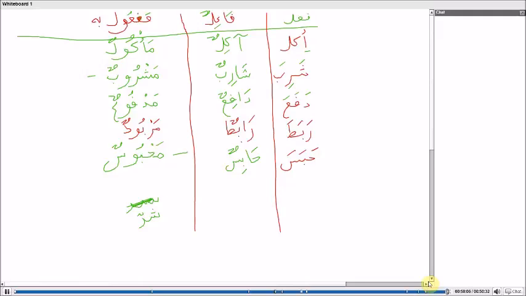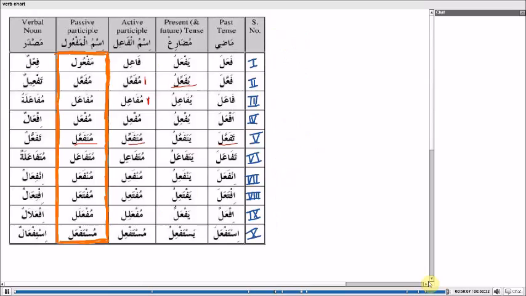Whereas form 2 has 4 letters. Fa, Ain, Ain, Lam. Whereas Shad only has 3. Just the Dal is twice. Whereas here, this is